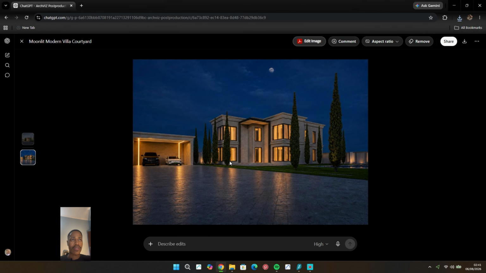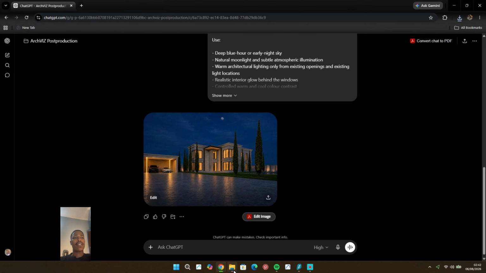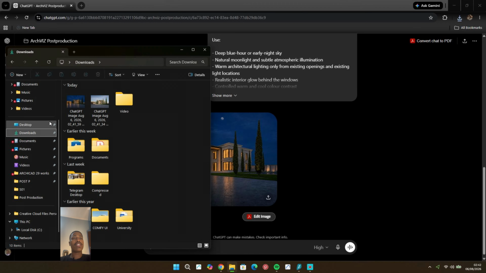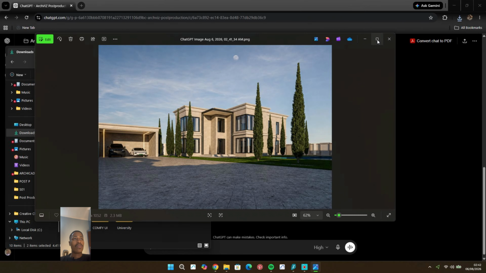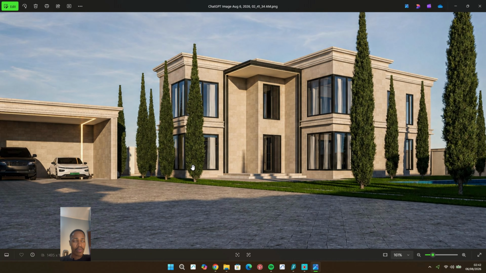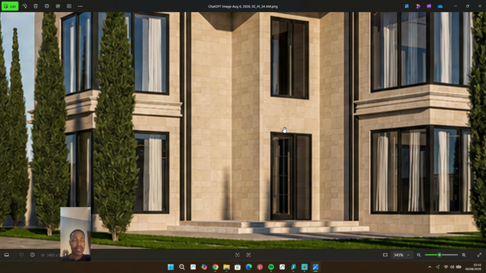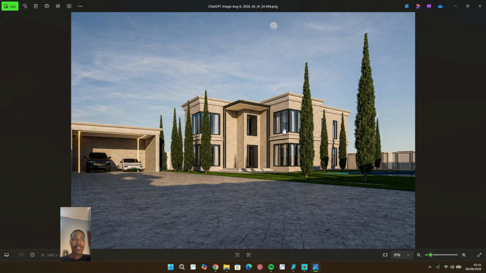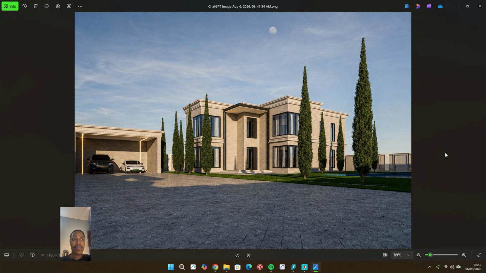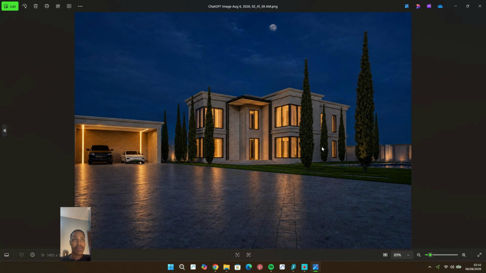Not bad. I mean, for ideas and concept generation, it's not bad. I mean, you can show clients variations like this, how a project will look like in the nighttime. In terms of quality, let's see. Without zooming, it's good, but once you zoom in, as you can see, the texture somehow does not appear well unless it was something like 6K or above. It would have been perfect. But in terms of image generation and concept wise,